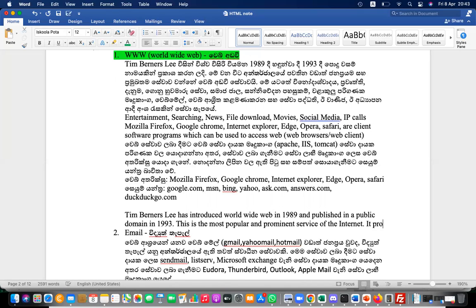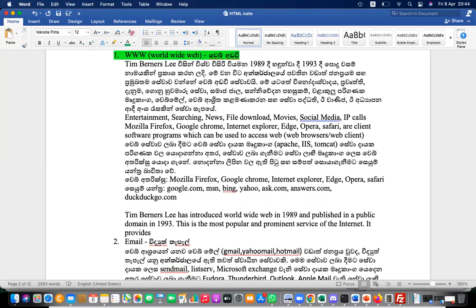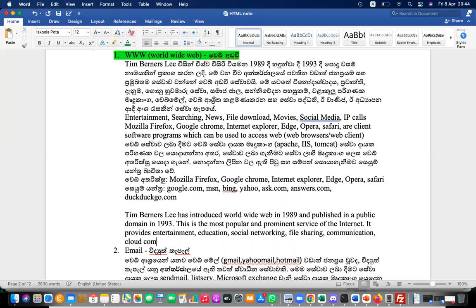It provides entertainment, education, social networking, file sharing, communication, cloud computing, webmail,